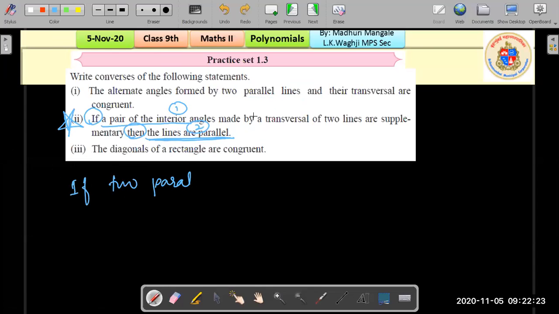These sentences are very standard sentences, okay? So if two parallel lines are intersected